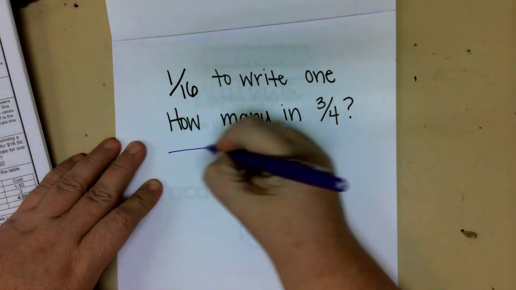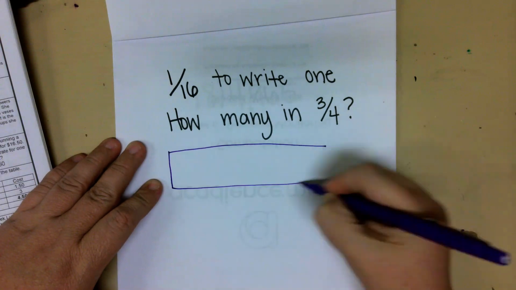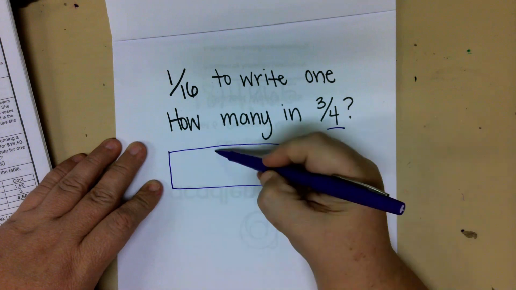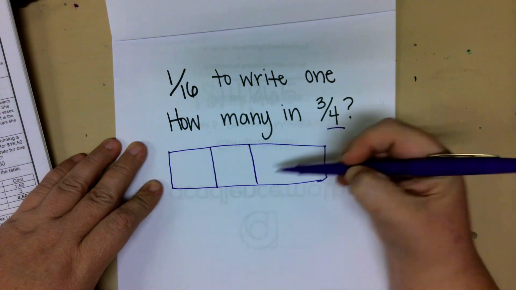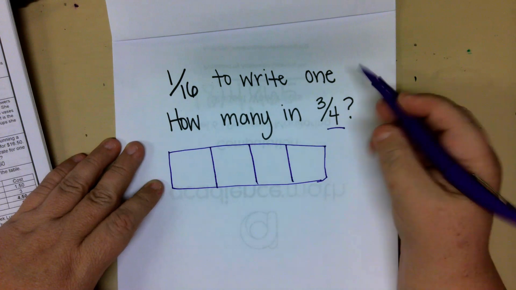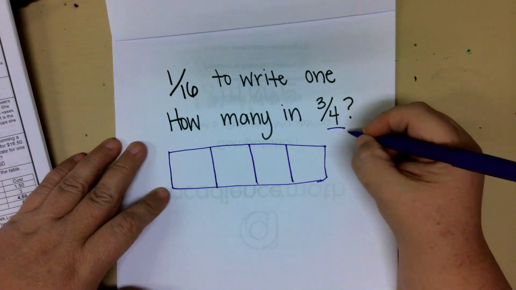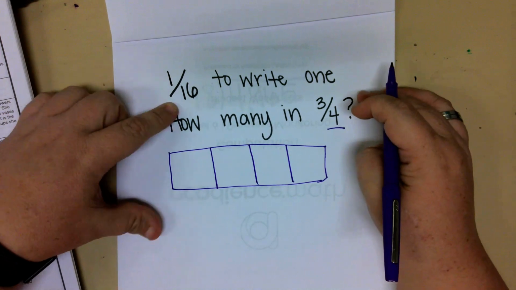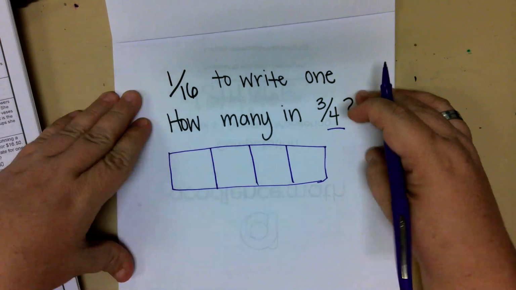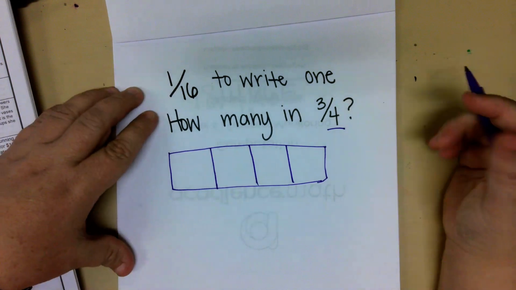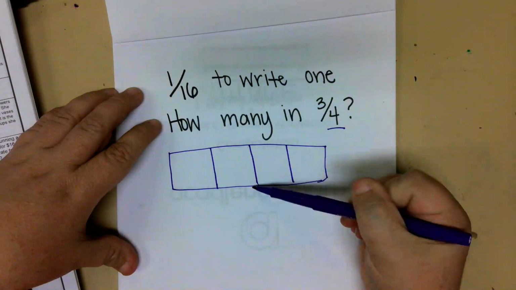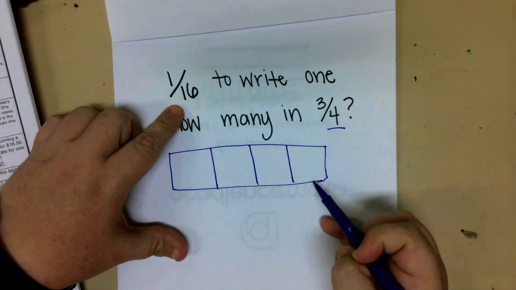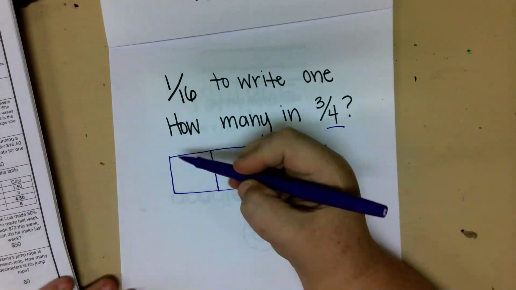Okay, so if I take a tape diagram and I'm going to cut it into fourths. Okay, 1, 2, 3, 4, and then I'm going to, because I know that he writes 1/16, or in 1/16 of an hour, he writes one thank you card. If I divide each of these 4 up into 4 within them, I will get 16 by the end, right? So I'm going to divide these up